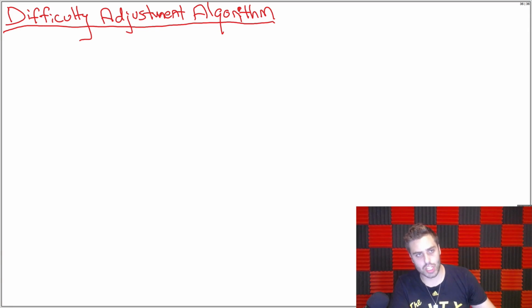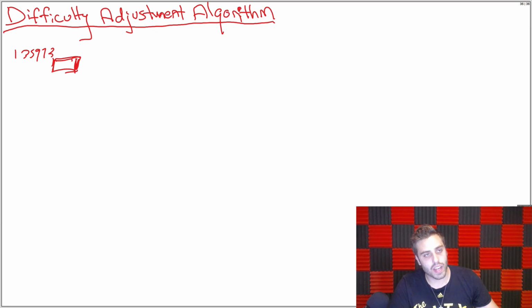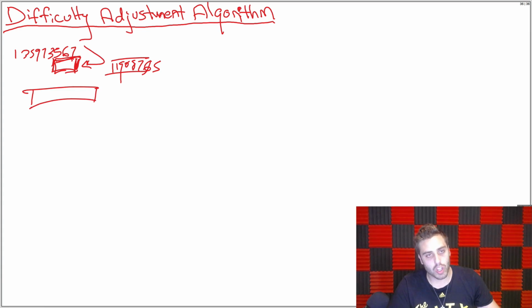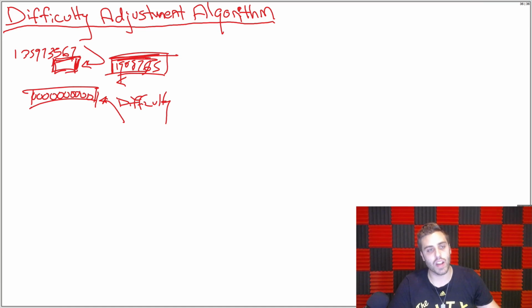Okay, what is the difficulty adjustment algorithm? Well, when you mine a block on a blockchain, you need to mine it with what's called a nonce, which is just some arbitrary number that is really, really big, and then you hash that number against the contents of the block to produce what's called a mix hash, which is some random number that you can't possibly anticipate in advance. And then that number has to be smaller than another number, which we're going to call the difficulty. And this is going to be some really small number, like starting with a lot of zeros. And then if your mix hash is less than the difficulty, then congratulations, you have successfully mined a block and you can broadcast it to the blockchain.